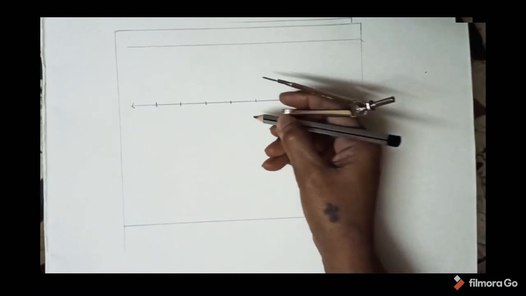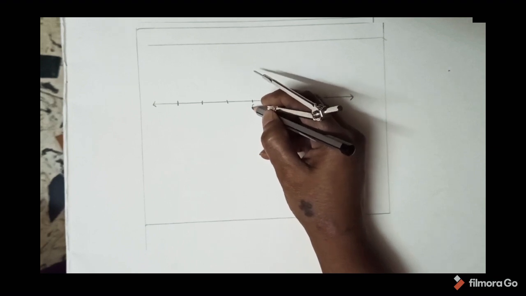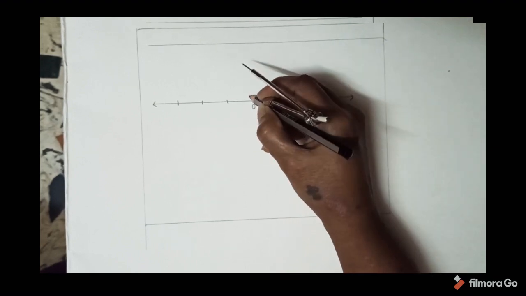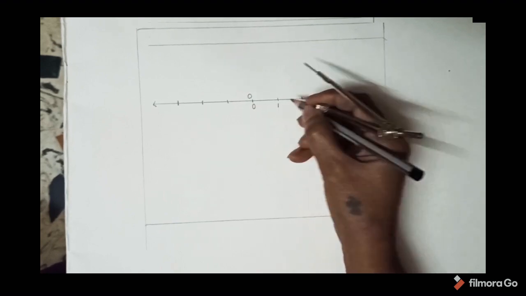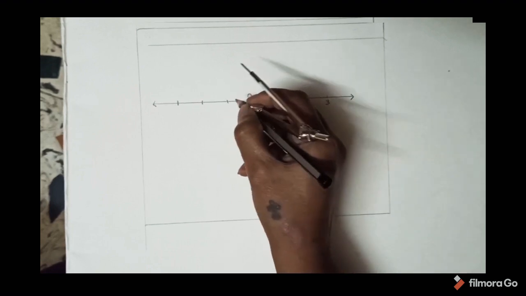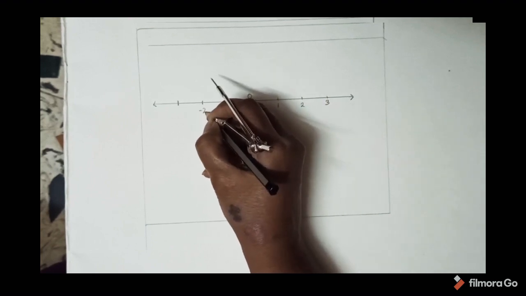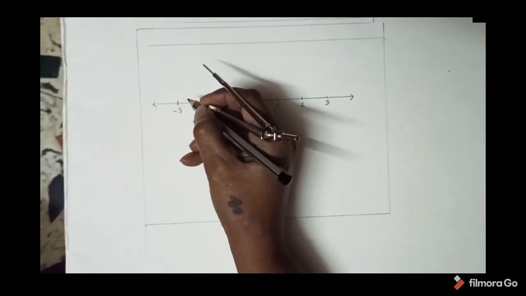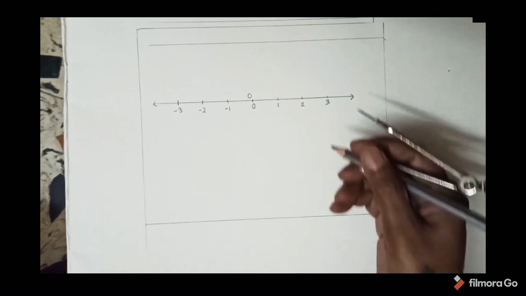So as I know, this is my origin. So mark this as 0, which is also O, origin, you know that. On the right I have positive numbers 1, 2, 3. Similarly on the left I have negative numbers -1, -2 and -3, and so on. You know, a number line extends indefinitely on both its sides. Okay, so first I'll mark this